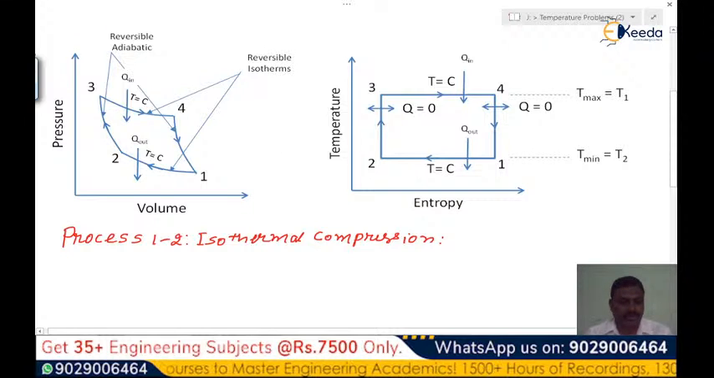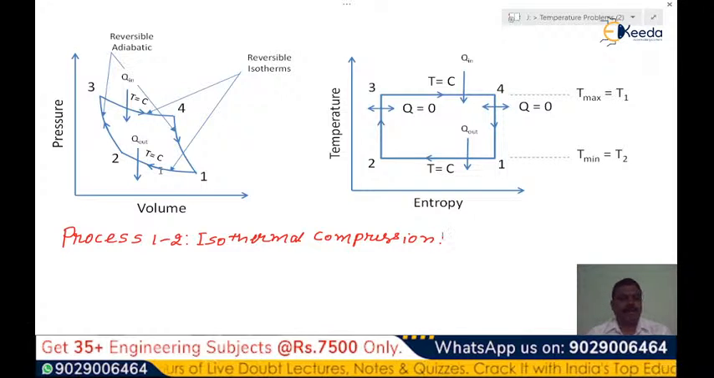Okay, the first process 1 to 2 is reversible isothermal compression. During this process, that is process 1 to 2, the cylinder head is replaced by a conductor, and above that conductor a heat sink is placed. When the piston moves from the outer dead center towards the inner dead center, it compresses the working substance, air, and the compression of the air